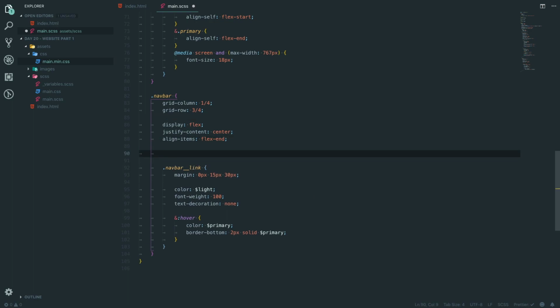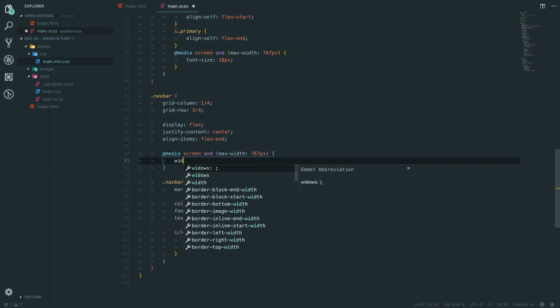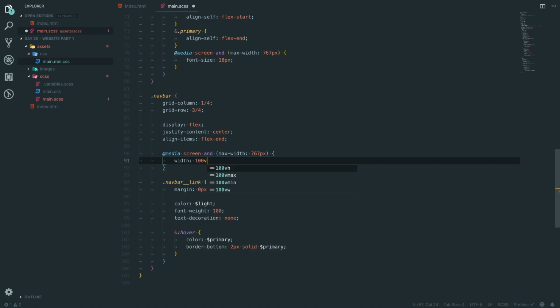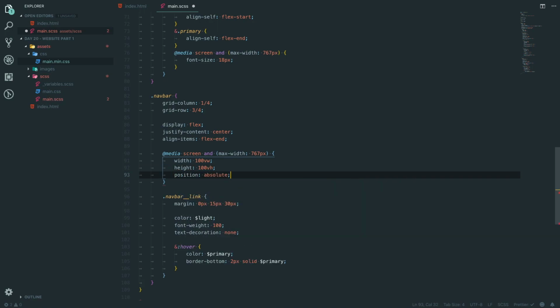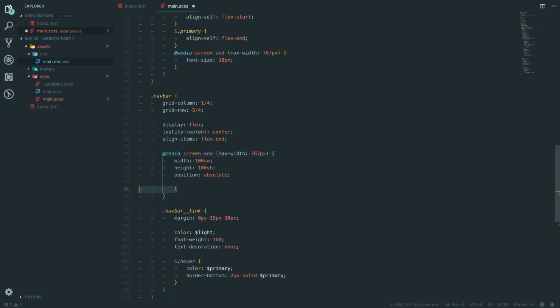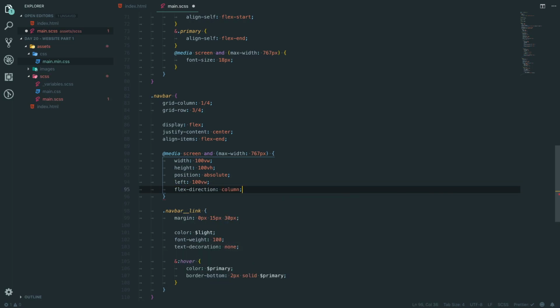In nav bar, we're going to add a media screen and max width 767 pixels, and we're going to say width 100vw, height 100vh. We're going to say position absolute. I don't like using absolute position, but for this reason it is great. We're going to say left 100vw, and then flex direction column,